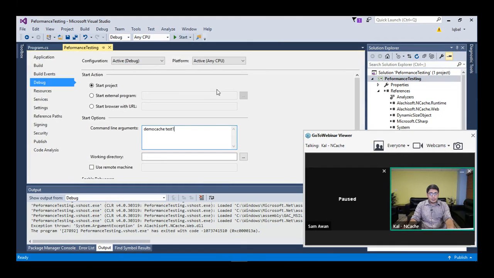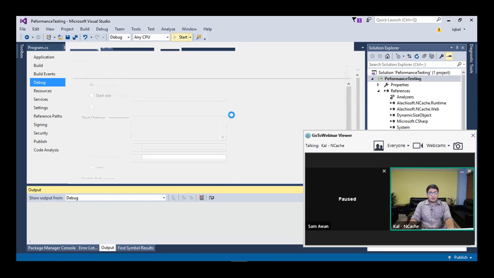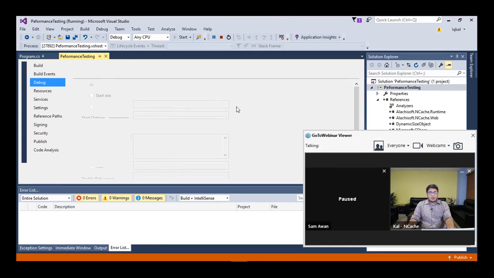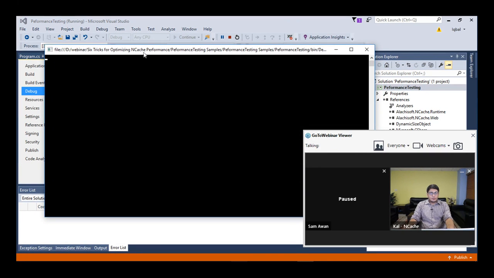Let's first verify that everything is set correctly. Yes, demo cache test 1, and I'm going to run this. So again, this is test number 1, just to get a baseline of how the numbers look.